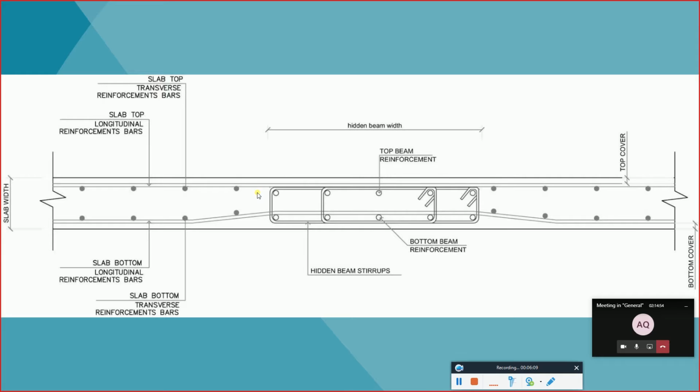So that's why in regular beams, we try to increase the depth because it will have more stiffness. The stiffness is the EI value. It will have more moment of inertia, and later on it will have lesser deflection, lesser effects as well. Now, when it comes to the hidden beam,